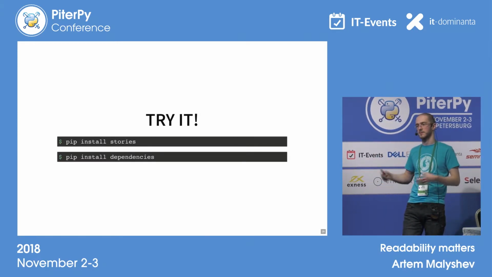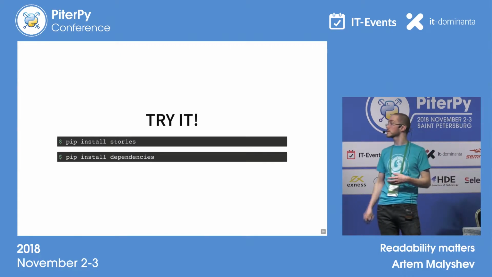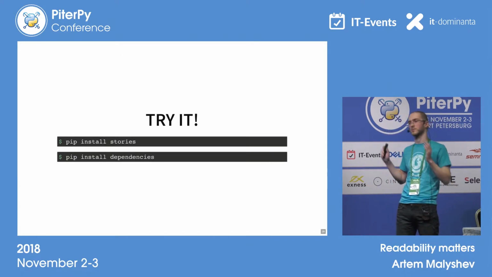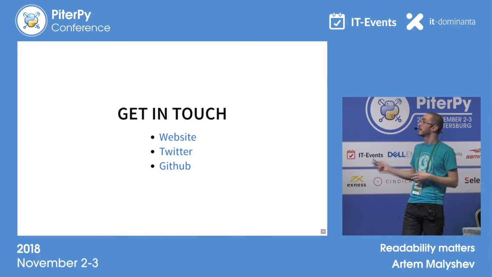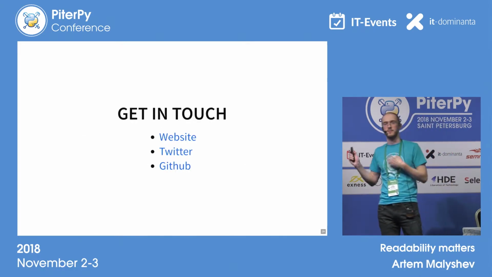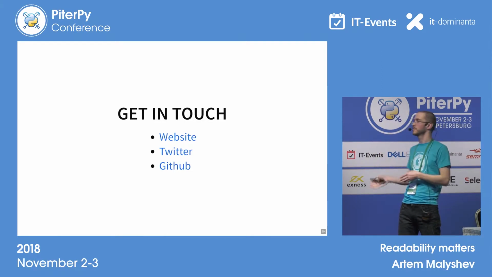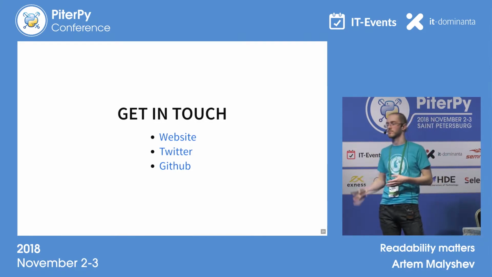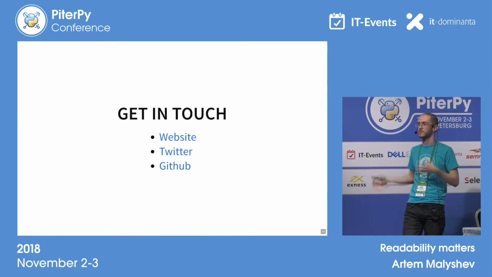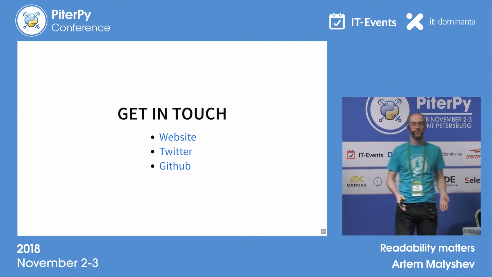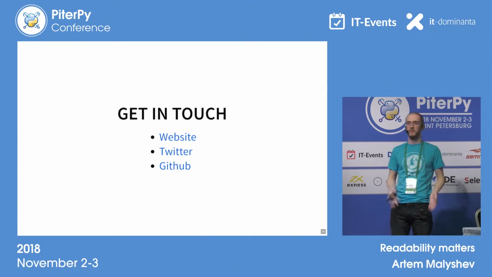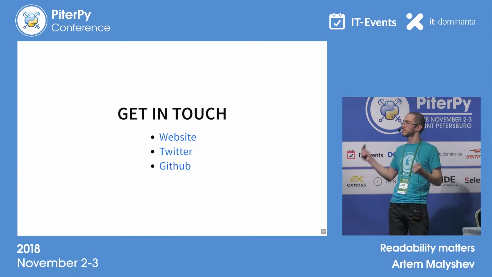So, all the parts of the code, you can experiment with them right now. It is all released. We already have them in production. You can actually play around with them. Come to the website, come to the GitHub, come to the Twitter account of the Dry Python project. Leave your feedback. I will be very happy to receive it, and I would like to thank you for your attention. I will be happy to take your questions now.